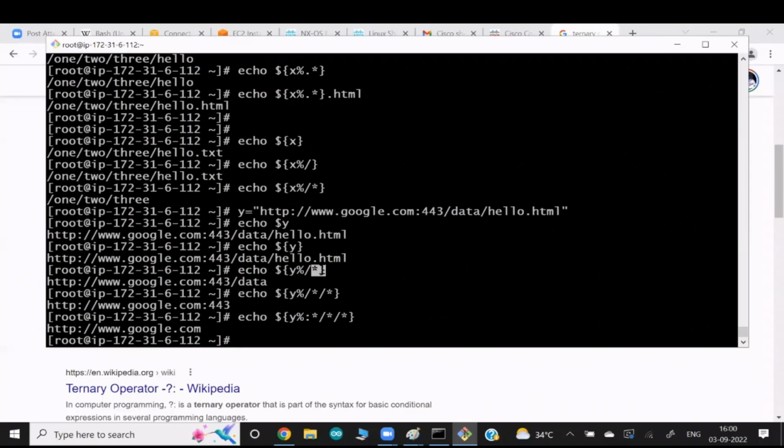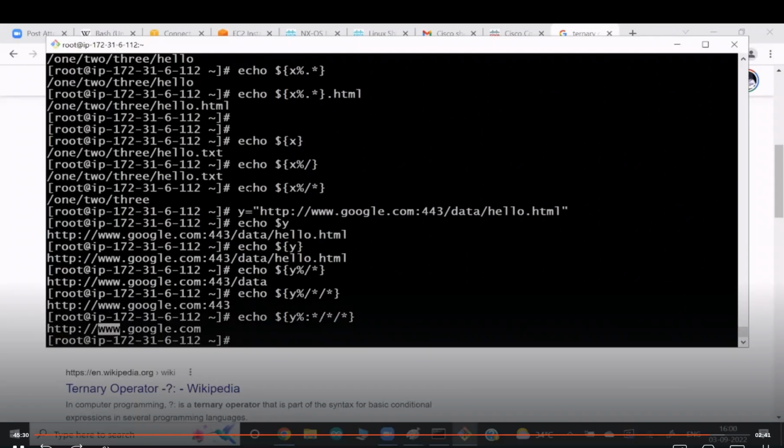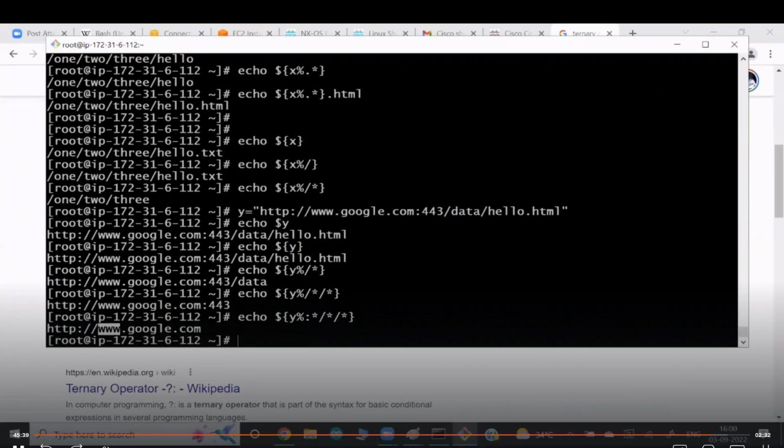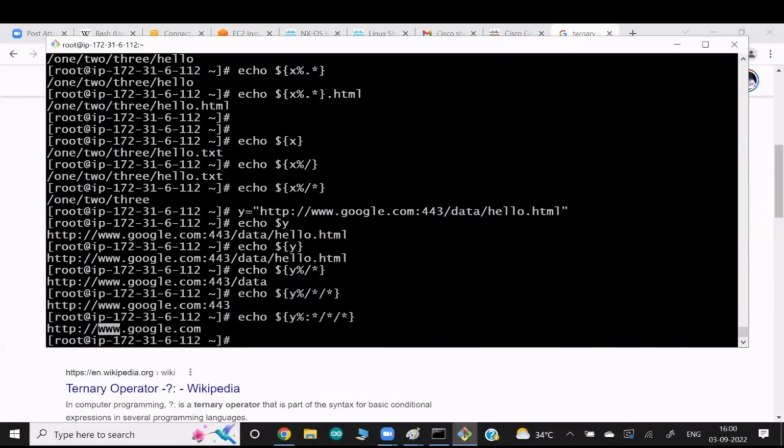So like this, there are lots more powerful things we can do with the curly braces. We want to cut this part, get this part, show it in some other variable, cut from the starting. All those things we can do. My understanding, guys, is that we have data, we have the file, we have the commands in our operating system, in our network devices. But to get the data from the file by putting some condition, after the data comes up, only some part of the data you need, then you send some mail, you want to put it in some file, convert to PDF, convert to images, right? All those automation